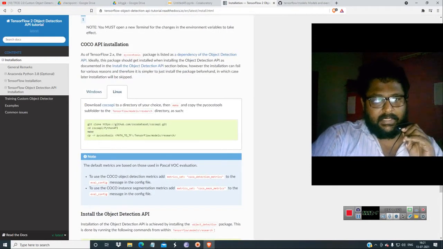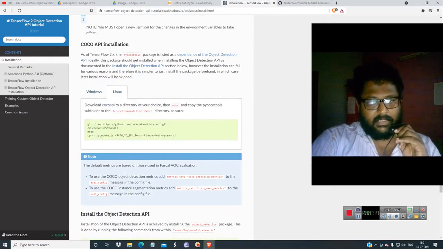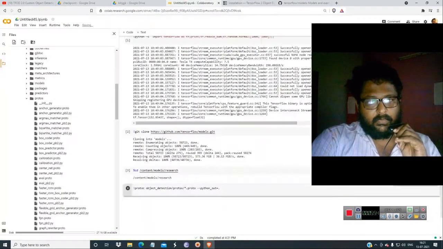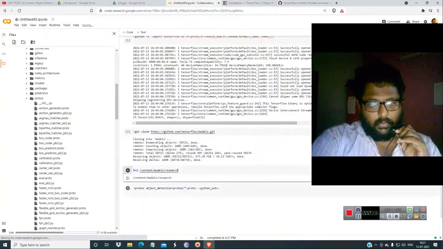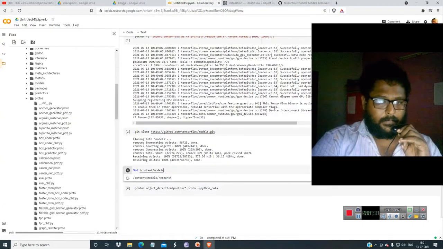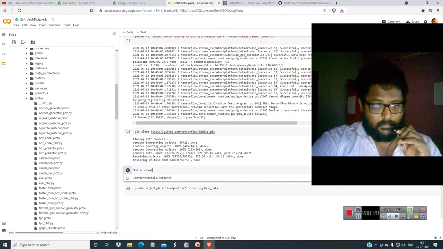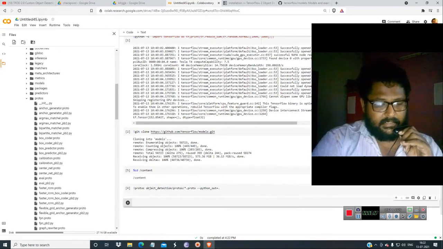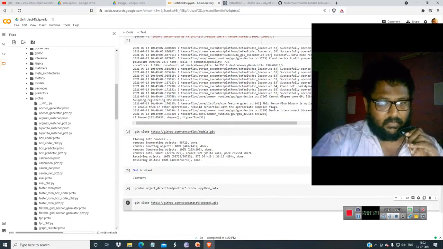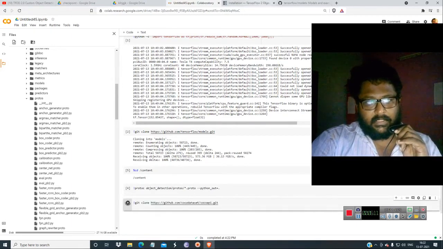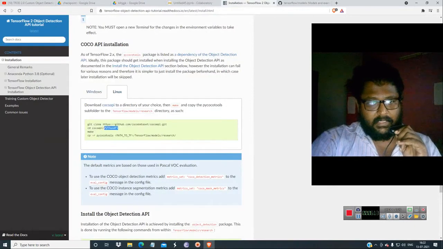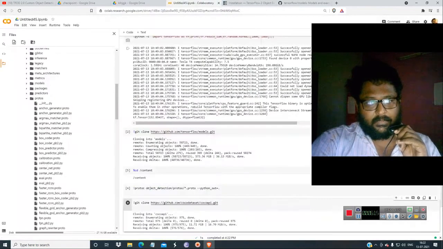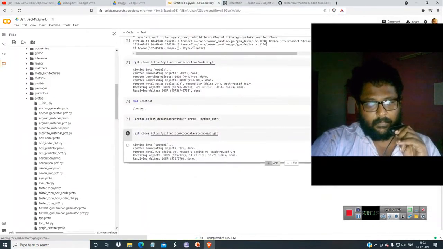Now in Linux, not in Windows where it is Python, we need cocoapi. So get over here and go to the content folder. Then just type exclamation mark, paste, download the file cocoapi and get into the folder.